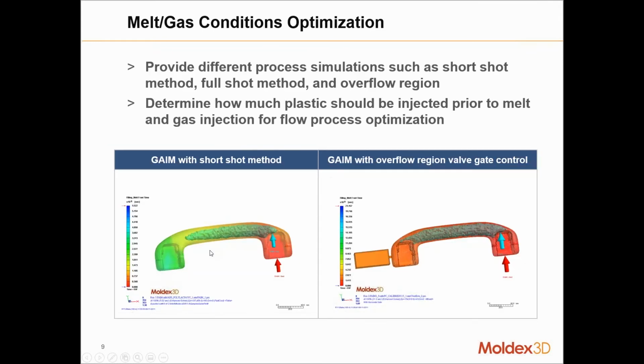All right. So the conditions optimization. Like I mentioned, being able to model in this overflow is going to be very advantageous, but there's actually another type of method that you can use as well. It's more of a trial and error. It's called the short shot method, where you'll basically shoot a bunch of short shots, and then based on the amount of air that's being introduced into the part, you can calculate how much time difference you're going to need between the two